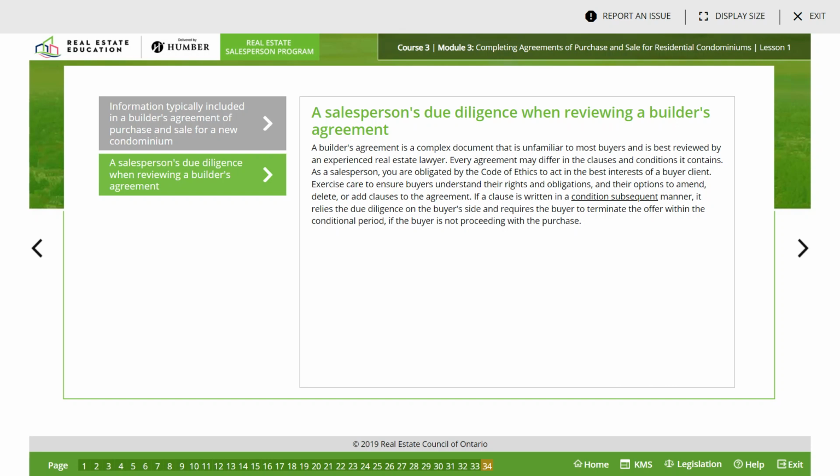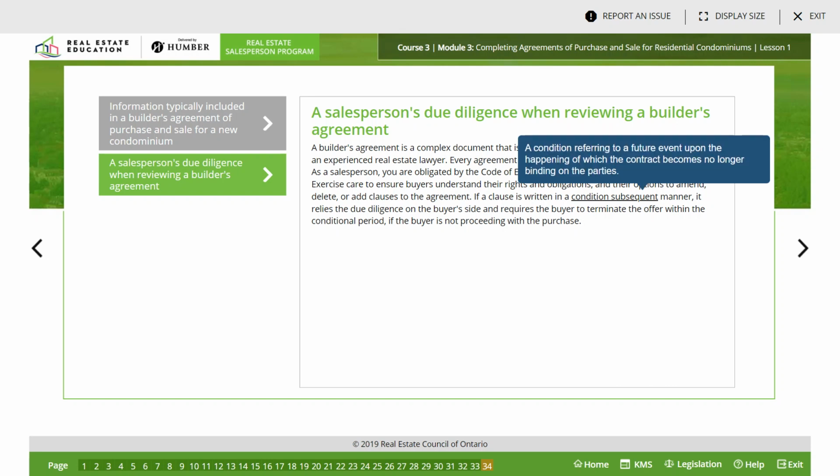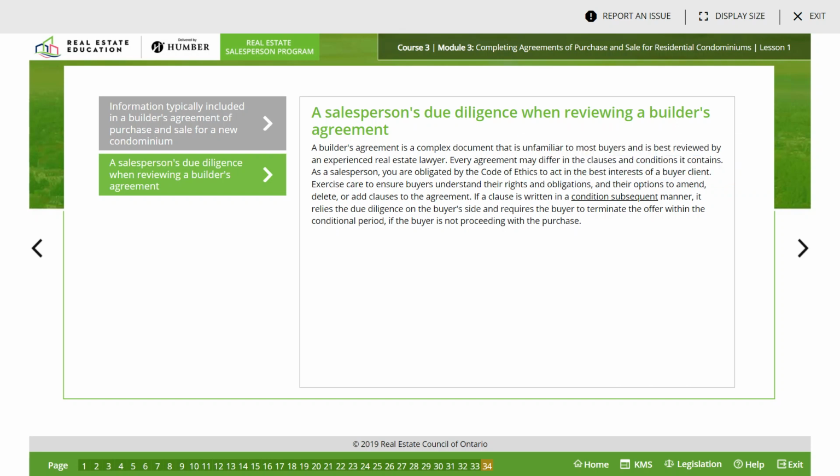As a salesperson, you are obligated by the code of ethics to act in the best interest of the buyer client, exercise care to ensure buyers understand their rights and obligations and their options to amend, delete, or add clauses to the agreement. If a clause is written in a condition subsequent manner, which, if we recap, is a condition referring to a future event upon the happening of which the contract becomes no longer binding on the parties,